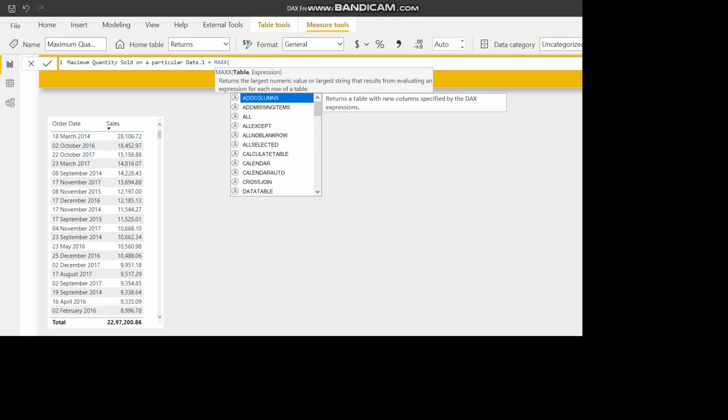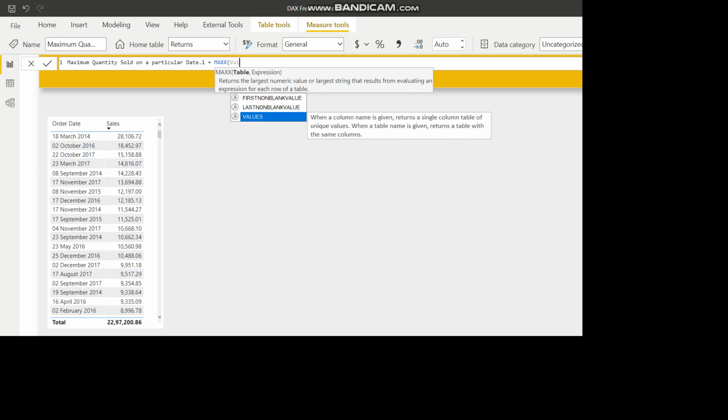The table argument lets you create a virtual table that is not present physically. It is in the backend. You will not be able to see it, but it runs in the backend. A lot of Power BI functions have this great feature where you can add virtual tables that you cannot see; they will be there in the backend. So I'll use the VALUES function here to define a table.